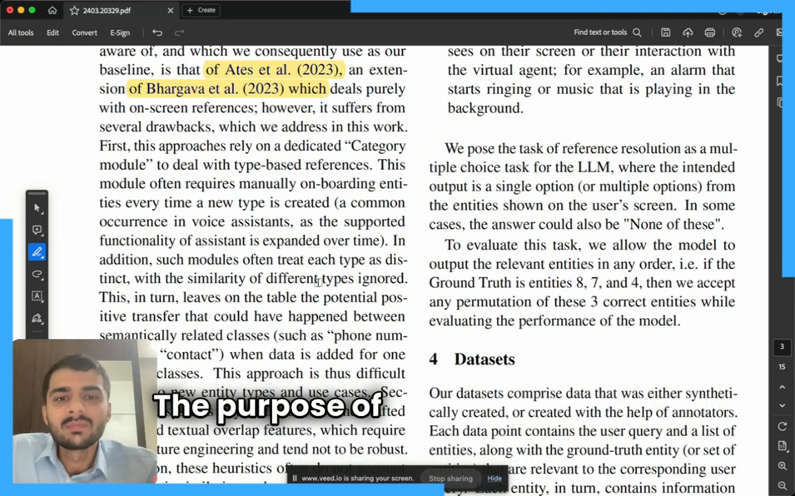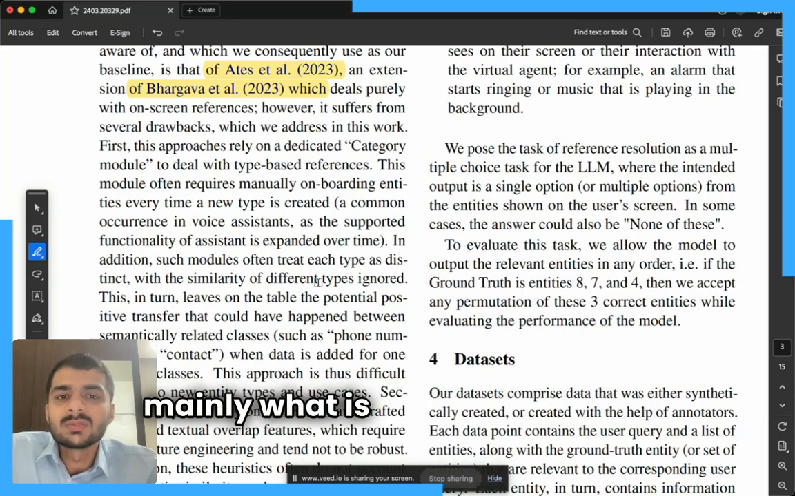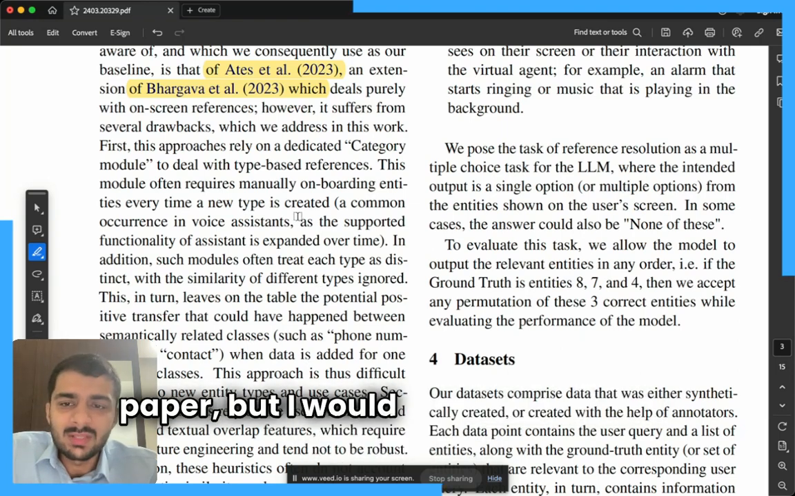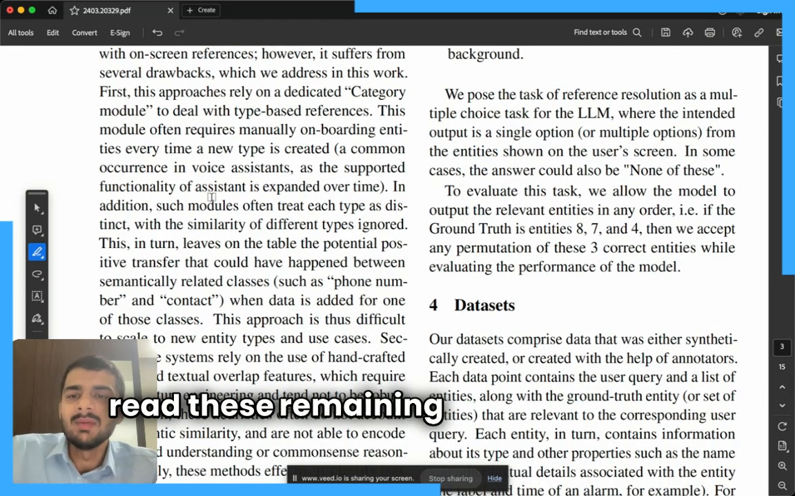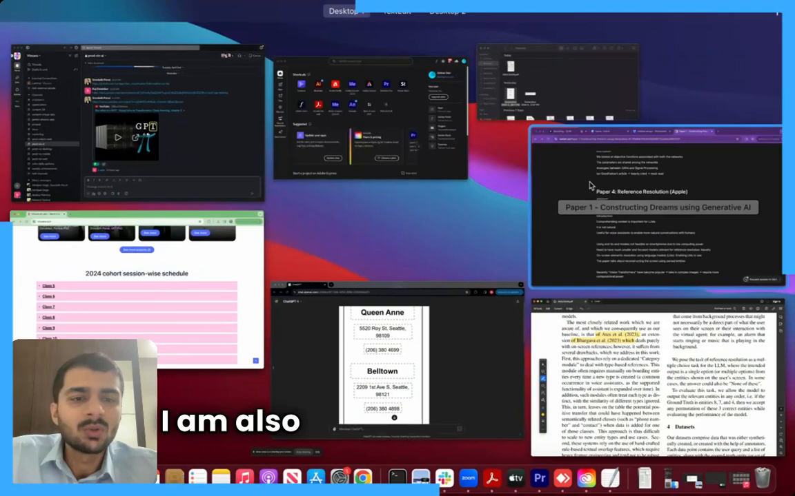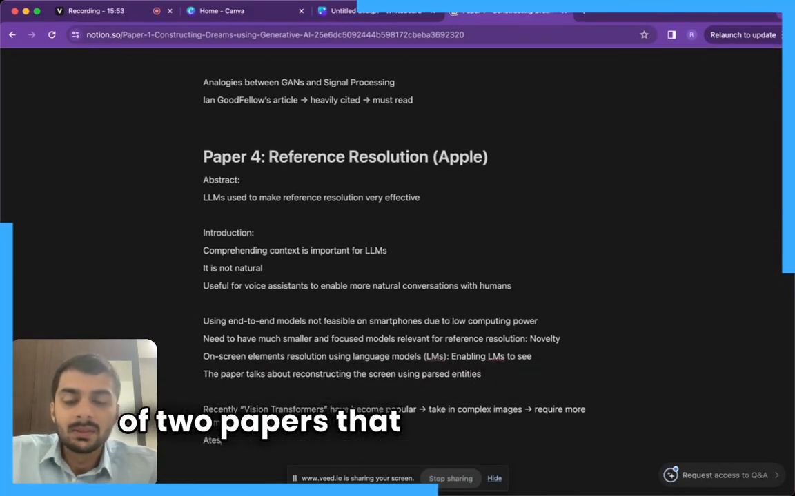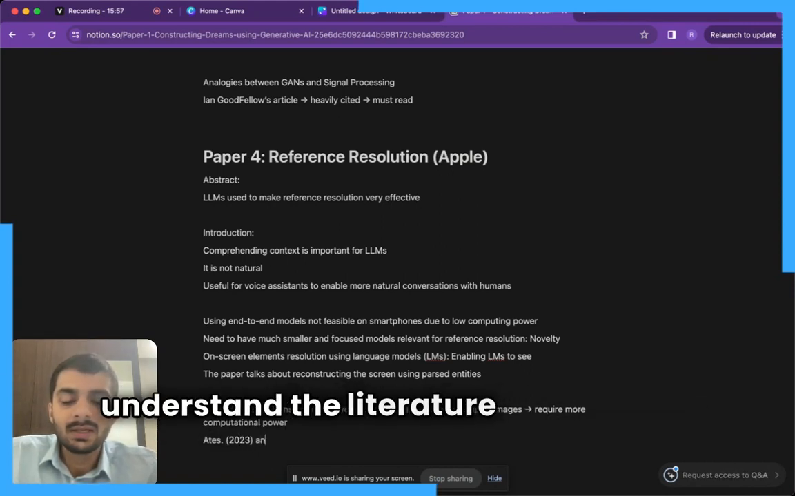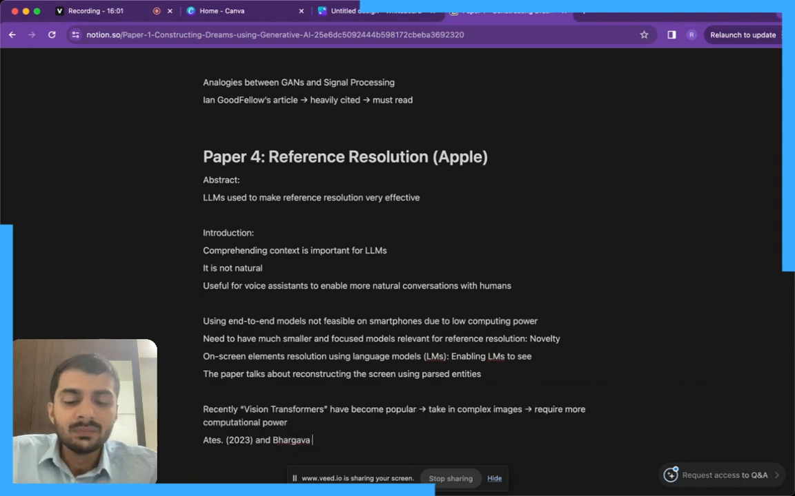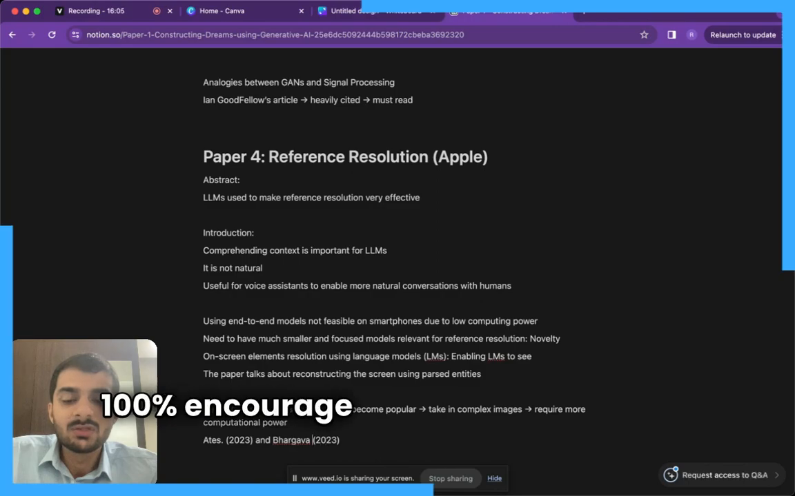The purpose of this session is to understand mainly what is being done in this particular paper, but I would encourage you to again read these remaining sentences over here. I am also going to make a note of two papers that should be read to understand the literature in detail, and Bhargava. So, if this topic interests you, then I would 100% encourage you to go over both